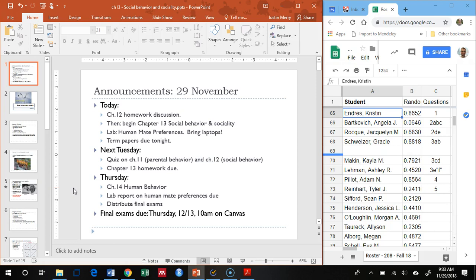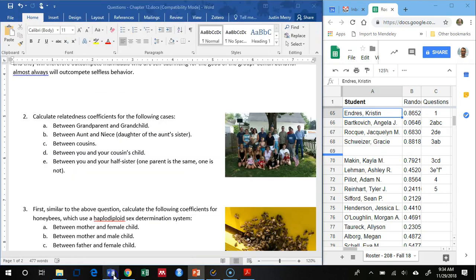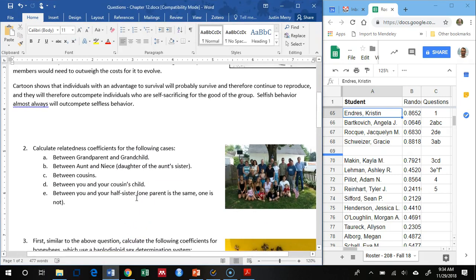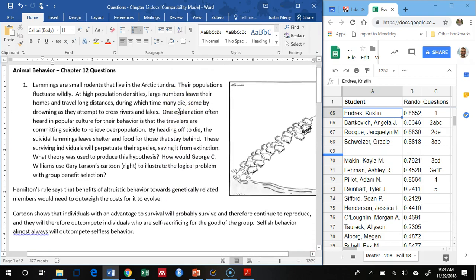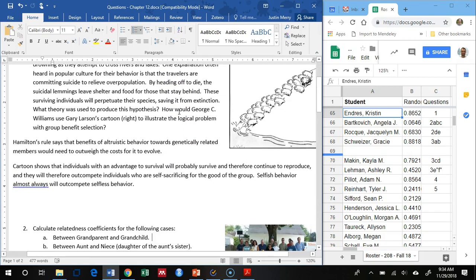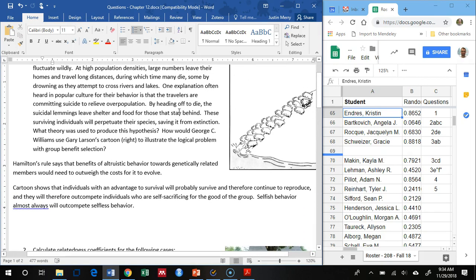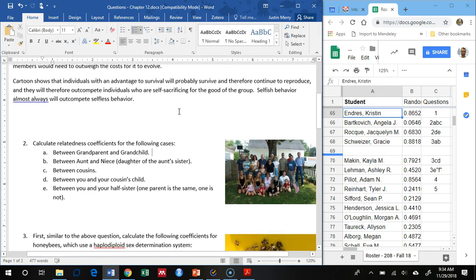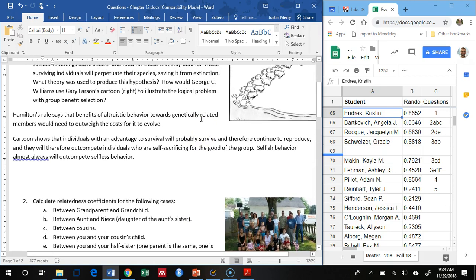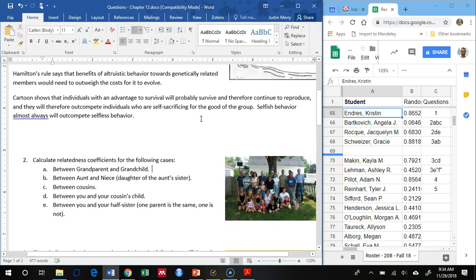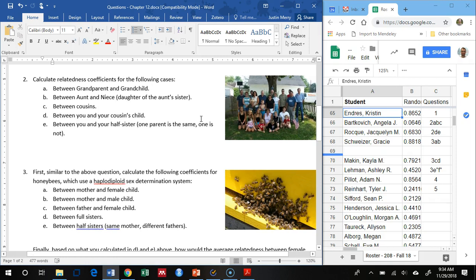Okay, that's okay. So what I would like to do then is let's talk about these last few questions. Most of the homework still remains. Where we were, I think we finished talking about question 1 with the lemming with the little inner tube, in that this demonstrates that anytime you have a cheater present within a population, that's going to sort of, if you have a selfless population of cooperative individuals and you have one cheater individual that's not giving of itself, that individual is probably going to survive and reproduce, which means that anything where you're doing something for the good of the group usually won't work out.